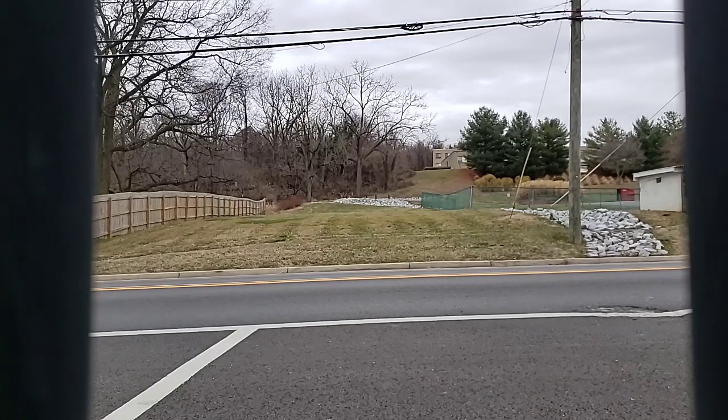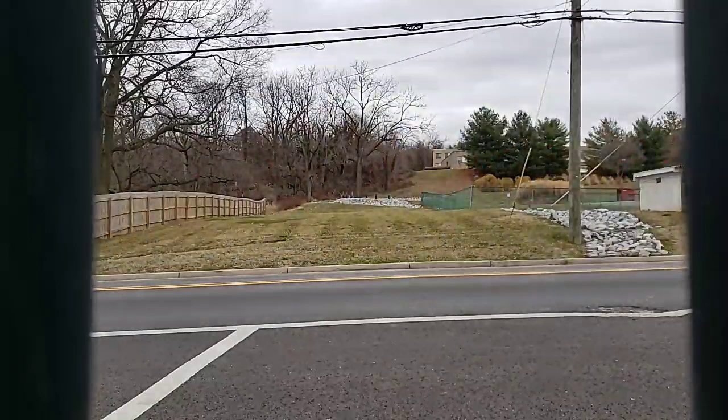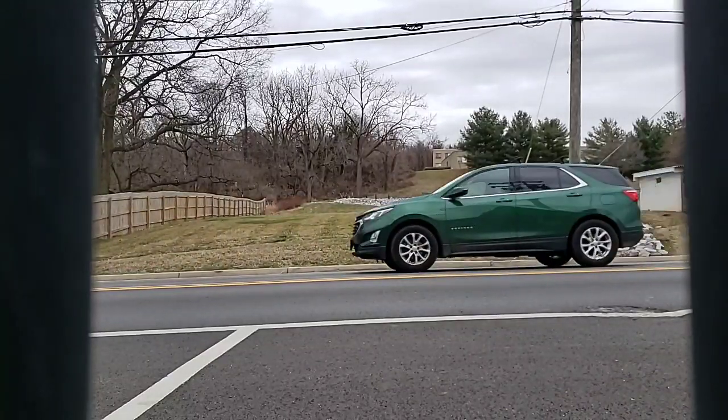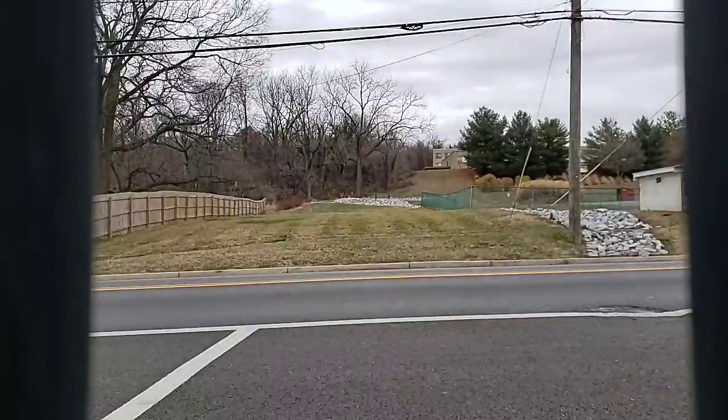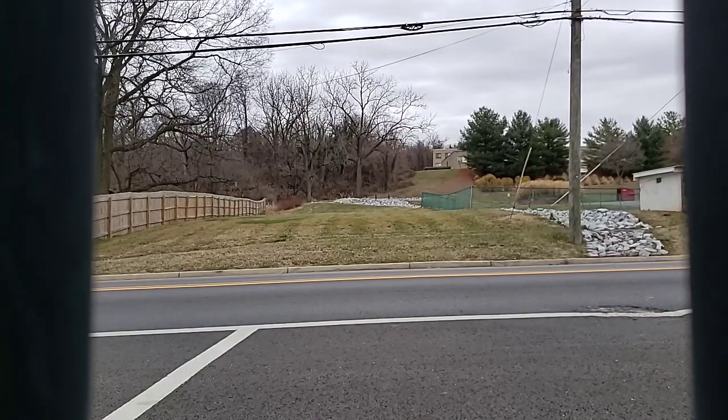Alright, so looks like, well, that's interesting. Okay. Yeah, so I just got a tip that apparently there might be some sort of a protest in Boonsboro today. To my knowledge, it was supposed to be tomorrow, but yeah, so that's interesting. So apparently there's supposed to be a protest in the square at Boonsboro in about 15